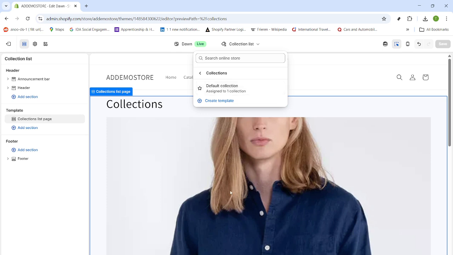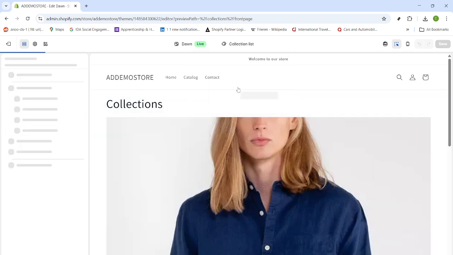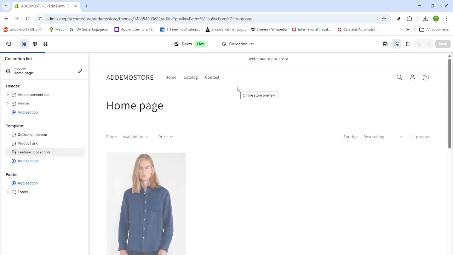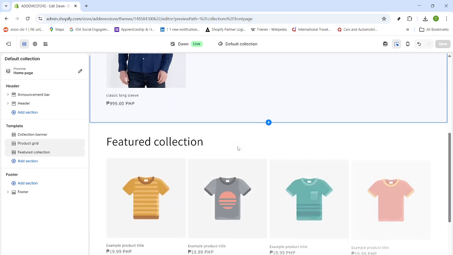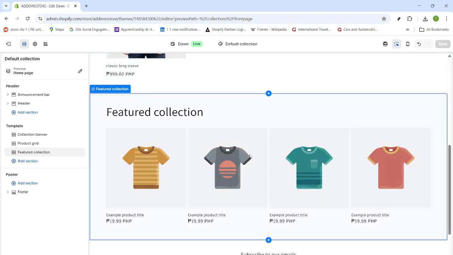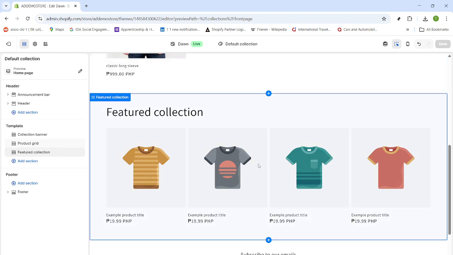Saving applies the change to the template, so every collection page using this layout will reflect your featured collection section and settings. To double-check your work, use the preview controls to navigate through a few collection pages and confirm that everything looks right. If you need to switch to a different collection later, just return to the same section, open the collection picker again, choose a new one, and save. That's it. Your collection is now added and featured in the Dawn